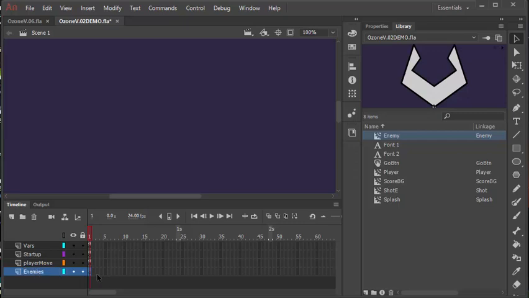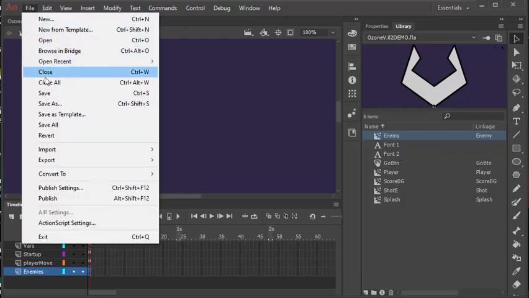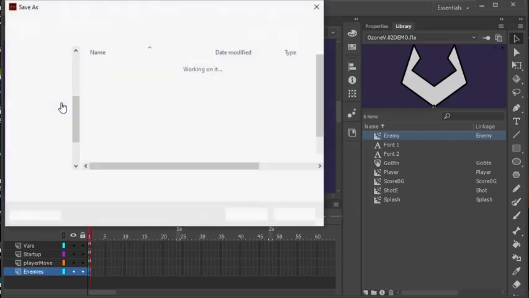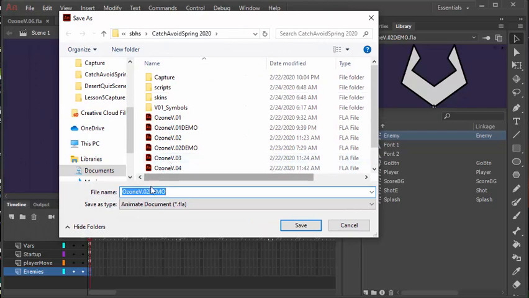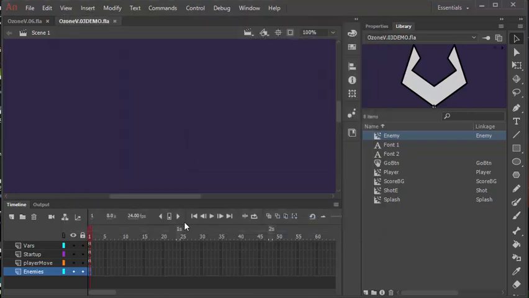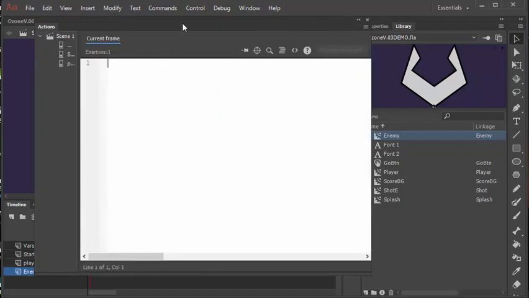Okay, so enemies is now going to have, oh, you know what you should also do is make sure you save as, I think we're on version 3 now, so save as, and change your file name to version 3. So version 3 is enemies. Maybe it's 4, I'm not sure. So here's this. So enemies is going to be F9, open this up, and all it's going to do is